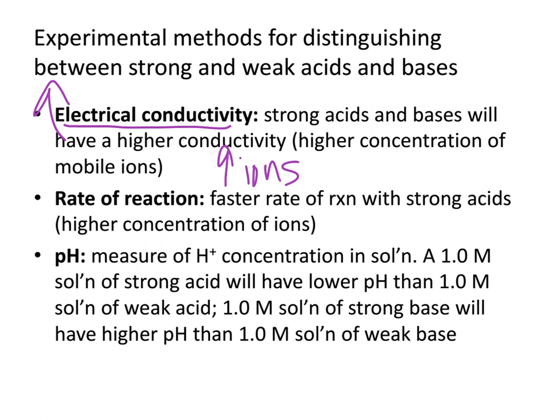With more ions in solution, you have more particles in solution. And so that higher concentration is going to increase the rate of the reaction. Think about collision theory. More particles in solution are more likely to bump into each other, and that's going to increase the rate. The last thing can get a little bit complicated, and that's because the hydrogen concentration is inversely